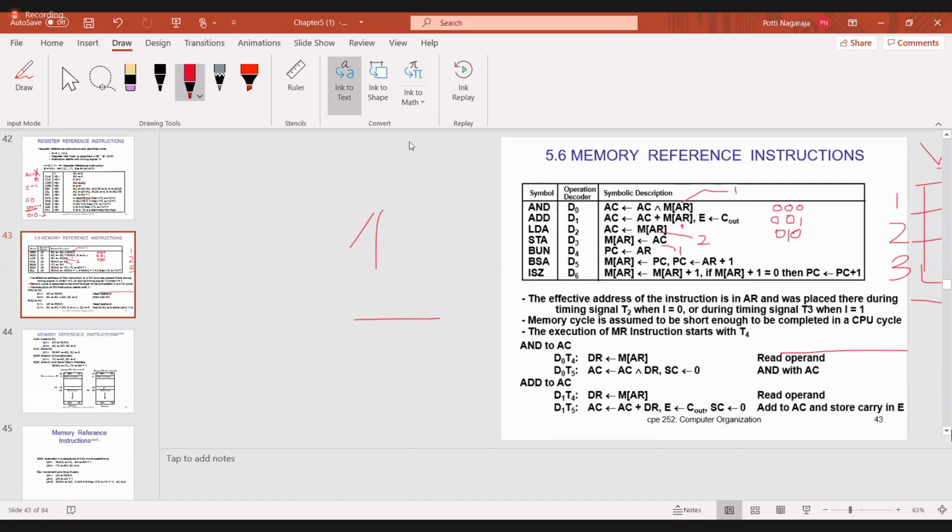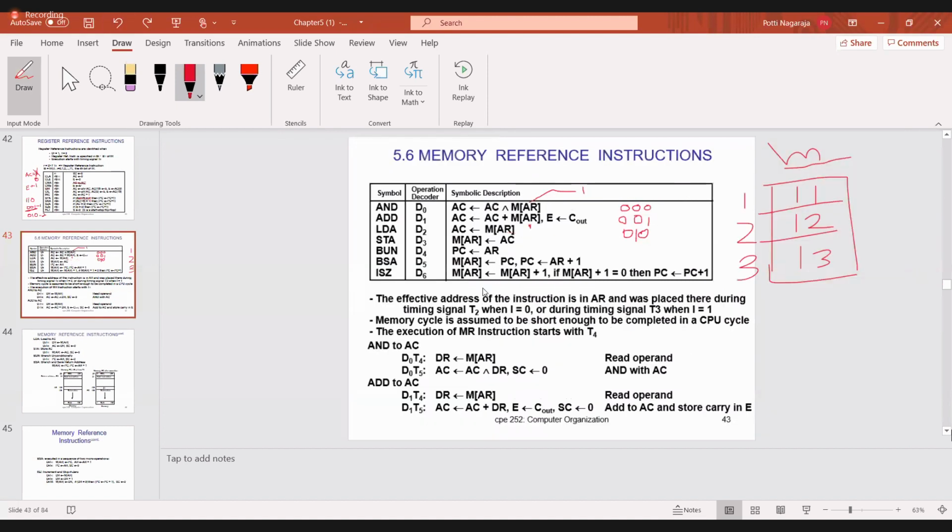AR is 1 and accumulator is 1. Then automatically, M of 1 and the value in it, check and tell me here. M of 1 is 11 actually. But the accumulator value I have to store in M of 1. So M of 1, at which location? This location. Actually here 1 1 is there. Now you have to remove this 1 1 and you will get the new data, that is 1.